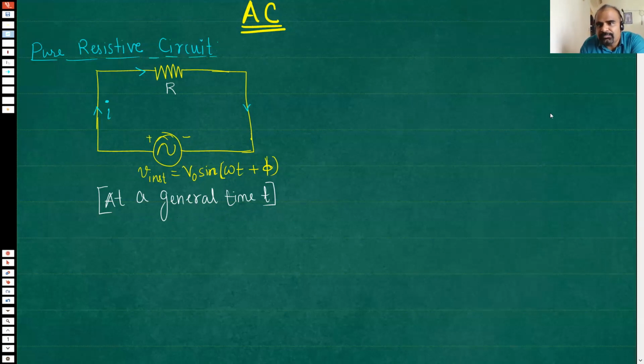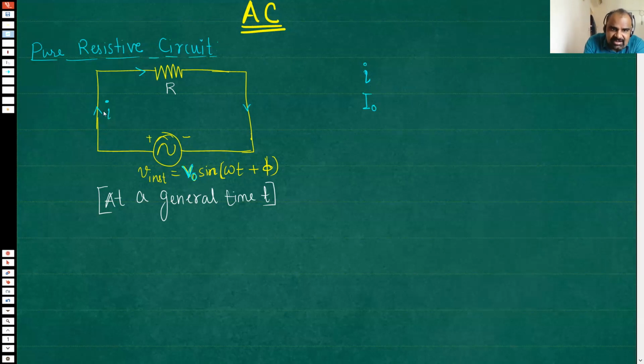Now, yesterday I told you that there are 4 types of currents and 4 types of voltages. One is instantaneous current, and we represent it with the symbol small i. If you wish, you can write inst, but many times we don't write inst, we simply write small i. A small letter automatically means variable. So this is instantaneous current. Then this is peak current. Peak means, like for example, in this voltage equation, this is the peak value.